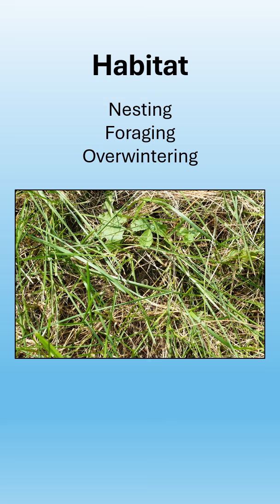The second is equally important, and that is the foraging habitat, and that's where they find floral resources, whether it's trees, shrubs, or flowering plants that provide nectar and pollen for bumblebees. And then lastly is the overwintering habitat, and this is for the gynes, the future queens that come out in the late summer, fall. They'll mate and feed and then look for an overwintering site 2 to 3 inches in the soil or duff